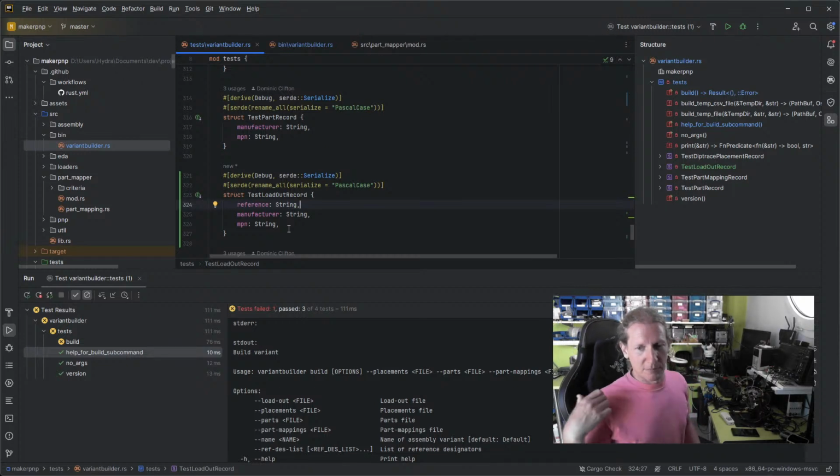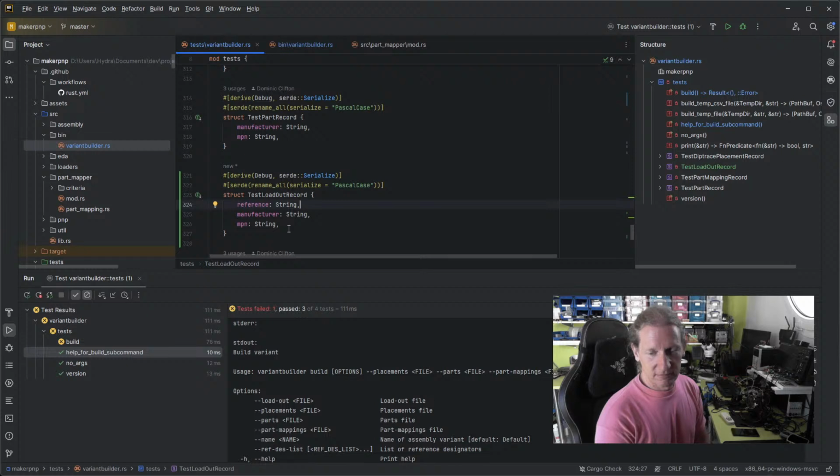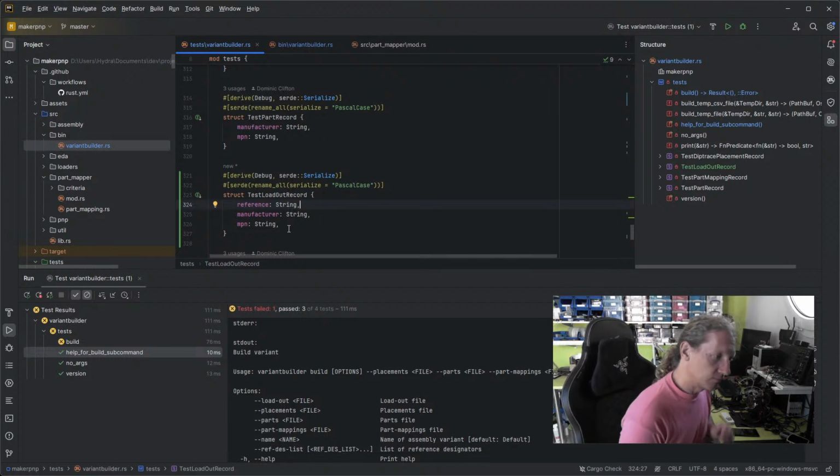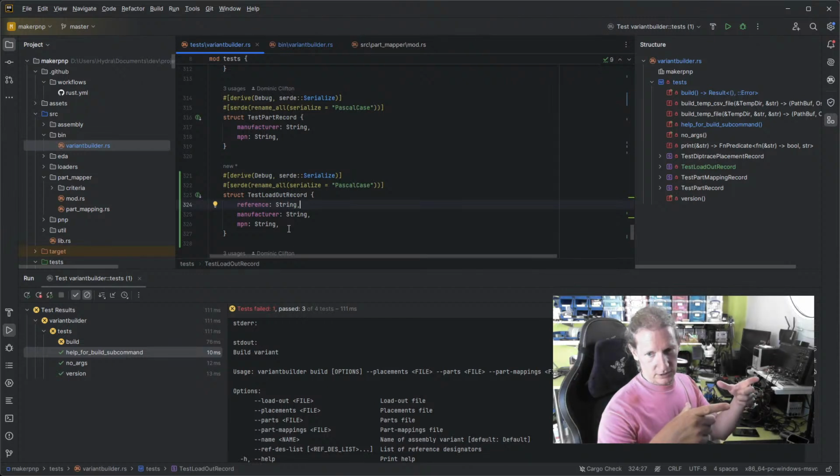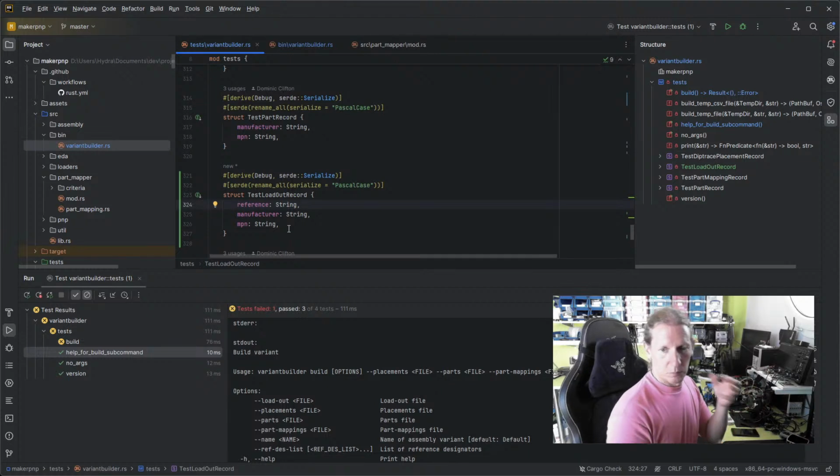So for my machine in the other room, the reference might be left 7. Or if you've got a 3D printed blinds feeder or just a strip feeder or something like this, it might be called plastic tape